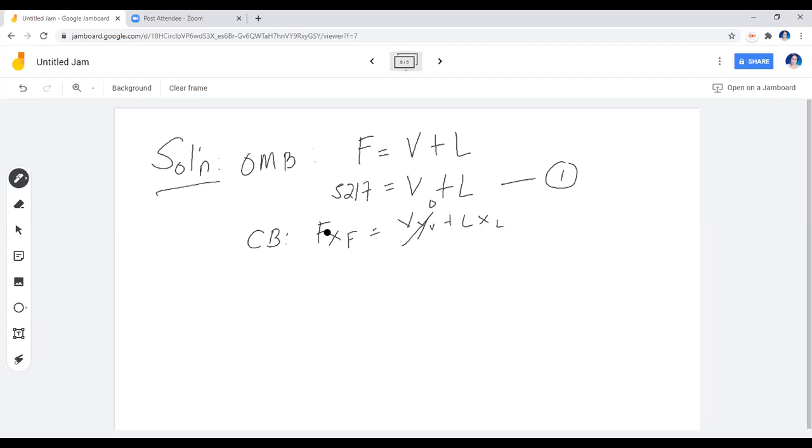So our feed, which is 5,217, we multiply to 25% solids. Our liquor, which we do not know, we multiply to 50%, giving us a liquor value of